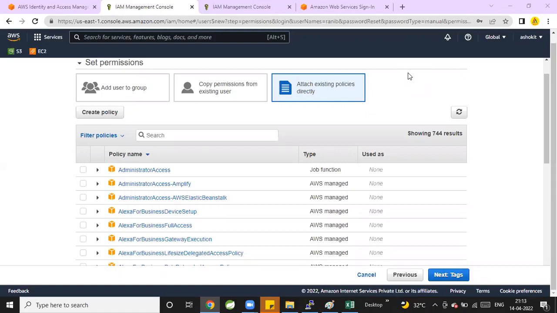Now suppose assume that in the database we have 3 people in the database team. I need to give the same permissions to all 3 people. RDS full access I want to give to the 3 people. So is it recommended to create 3 users and give permission separately, or to add the 3 users to a group and provide the permission to the group? Yeah, we need to create a group and